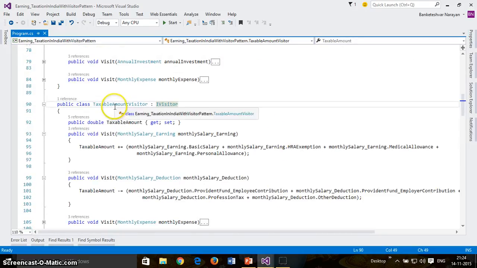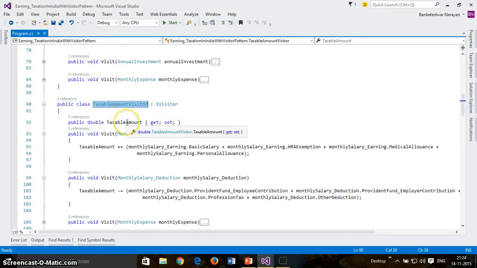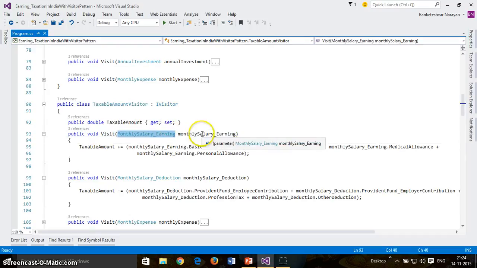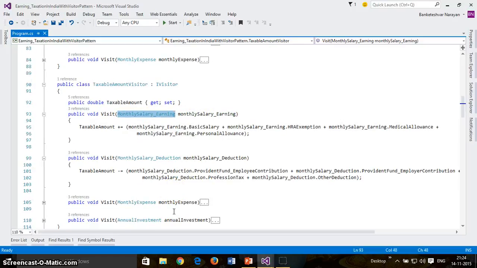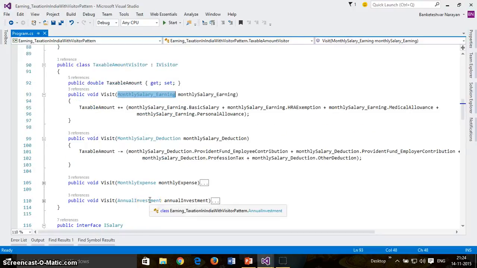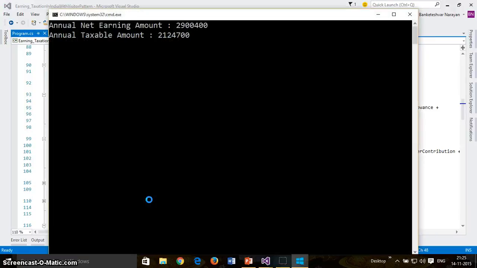So I have to just write a new visitor, and it will accept parameter arguments of class monthly earning, monthly deduction, monthly expenses, and annual investment, and it will provide the complete detail. You can see the result, it is the same result.